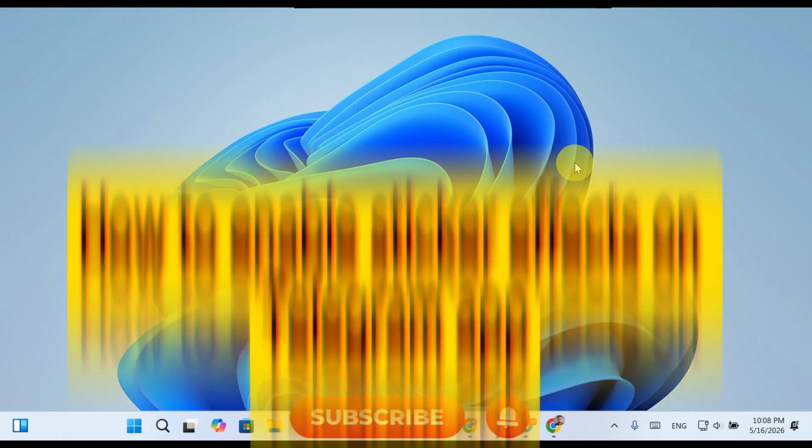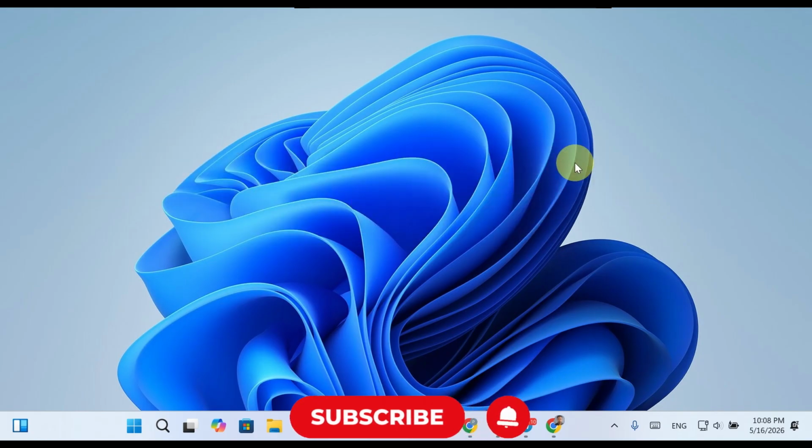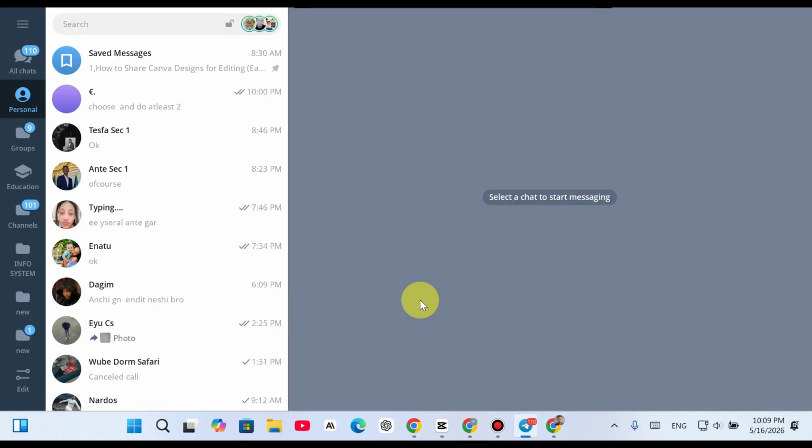In this guide, we'll show you how to enable sticker effects in the Telegram desktop application on your PC so your stickers appear more animated and interactive while chatting. To begin, open the Telegram application on your computer. Before continuing, make sure you are using the latest version of Telegram so you can access all the newest features